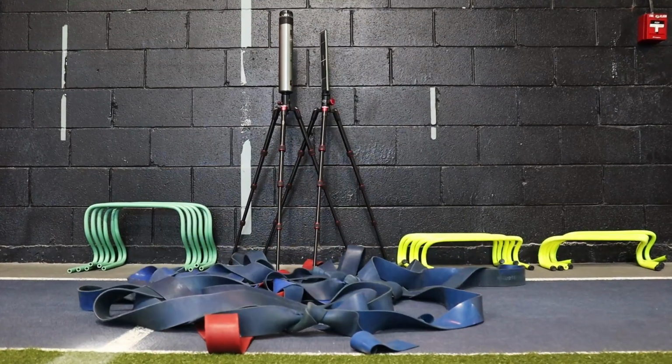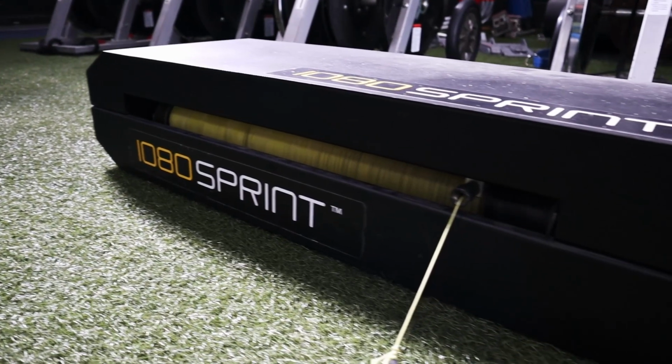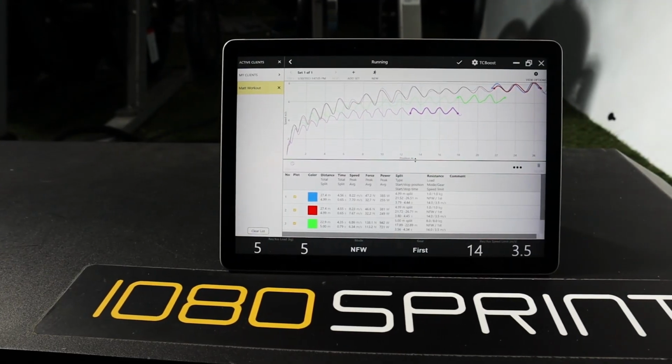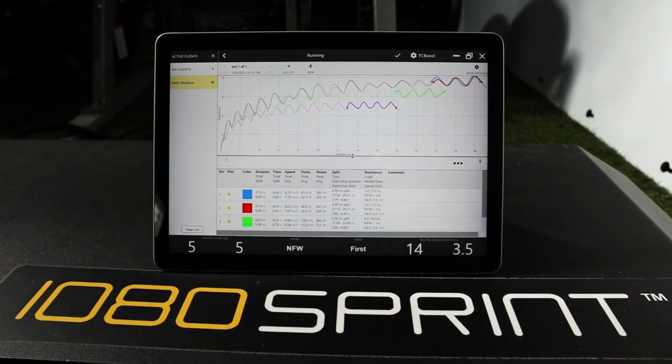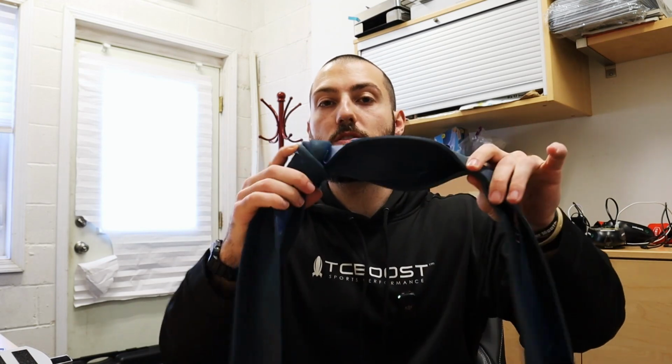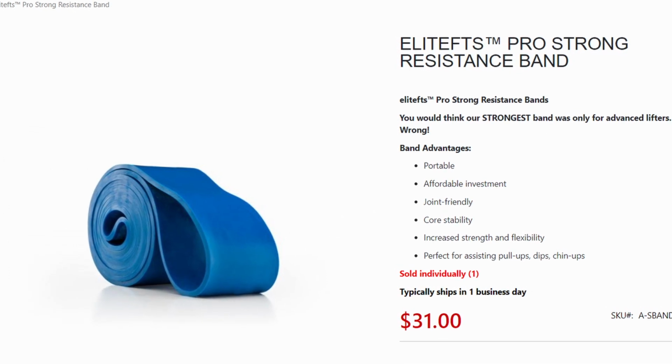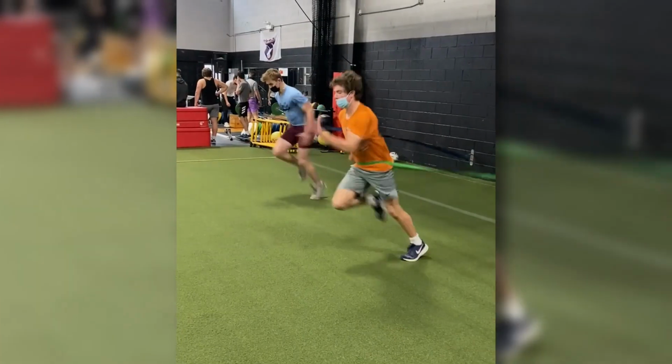I use these in my coaching. I also use this. This only costs 60 bucks, and this costs $20,000. All this is 2 of the thickest bands that you can buy at Elite FTS or Perform Better, and one of them only costs $31. Let's go over the benefits and all of the drills you can do with this double band setup for only